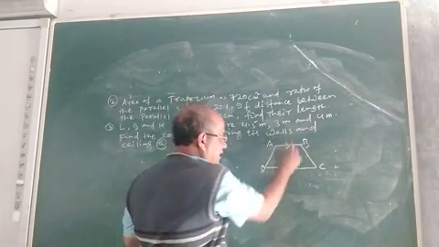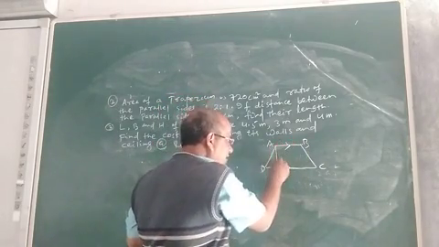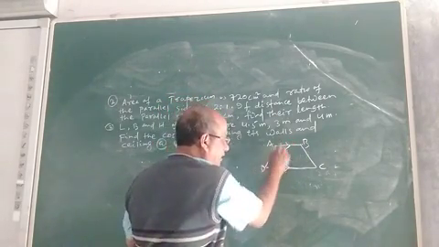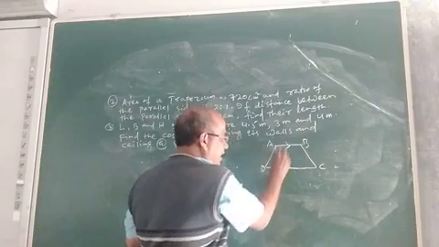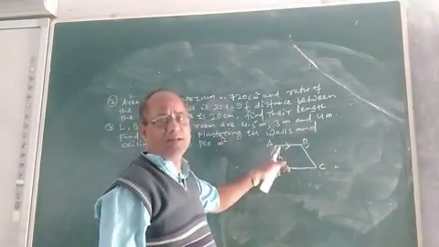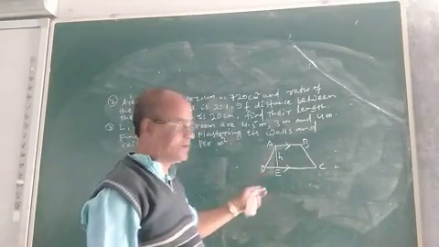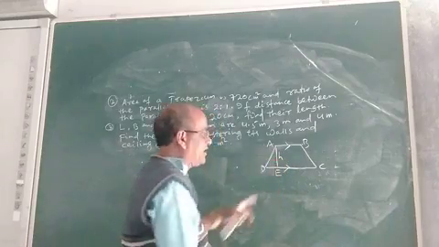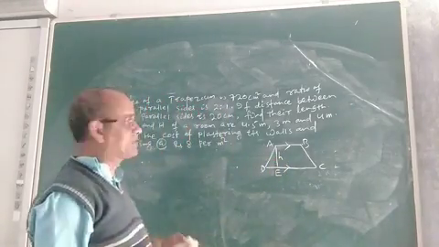So these are the parallel sides, and this is the distance between the parallel sides. Suppose it is E. And you know what this is? This distance between the two parallel lines is called the altitude or height. Suppose this is H. Now in this question, look at what is given.